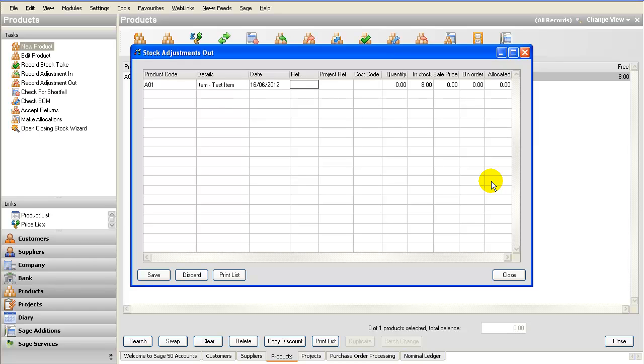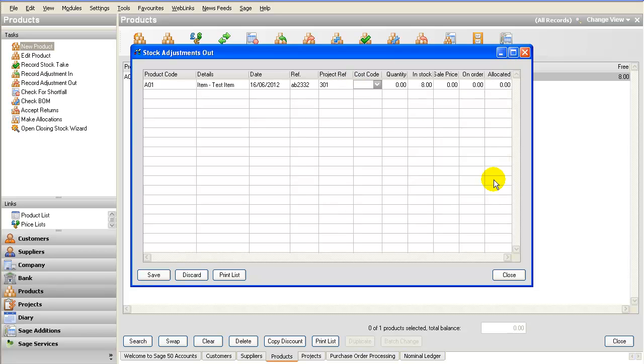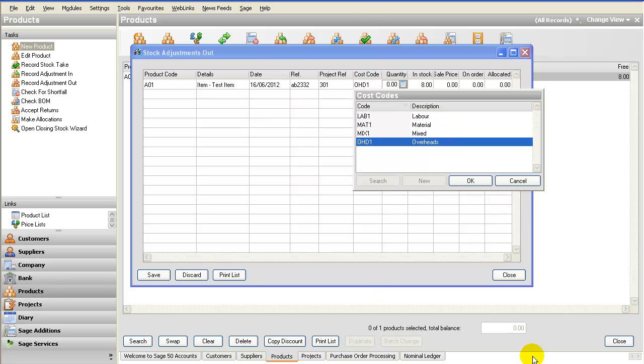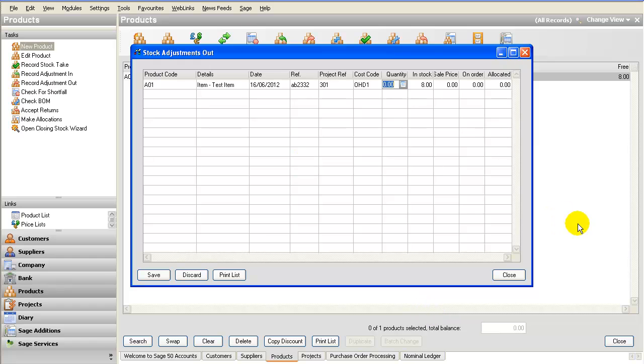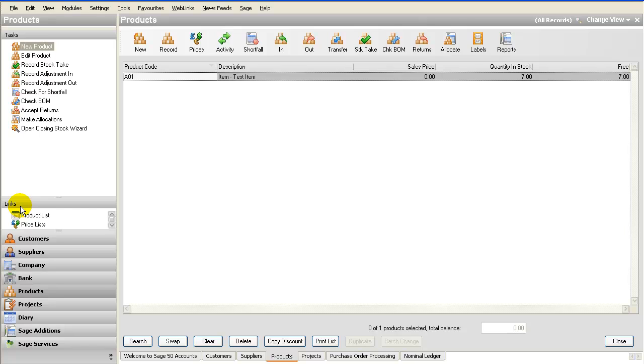Okay, we can do any reference, the project reference. I'll do project A also. The cost include, this is related to the overhead, this is indirect material. So I'll make one piece, only one piece, and I can do save. Once I did this transaction, okay,